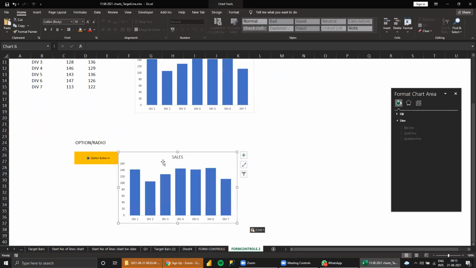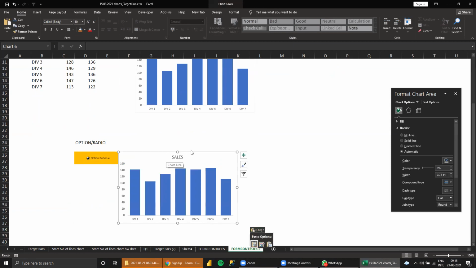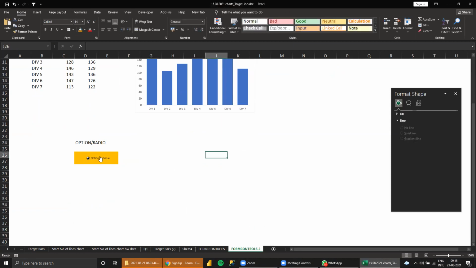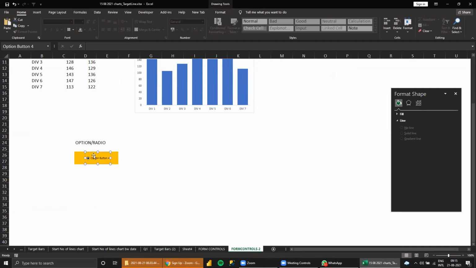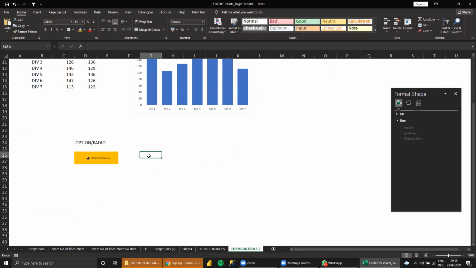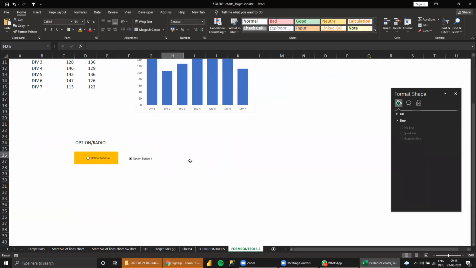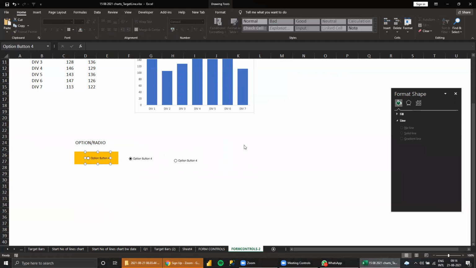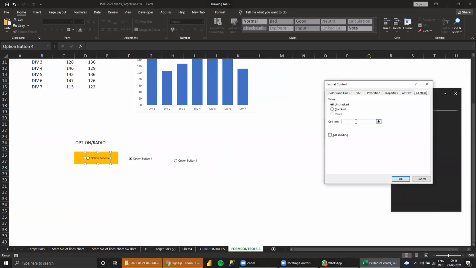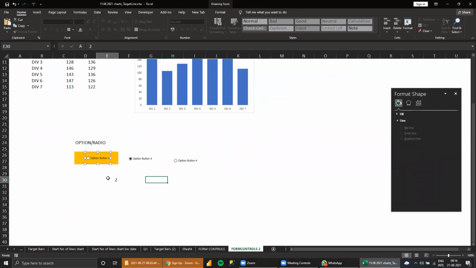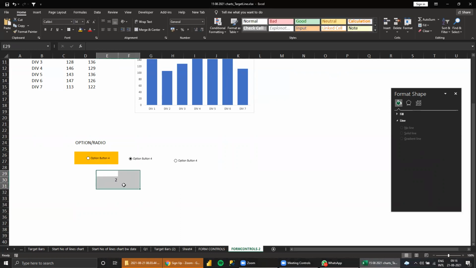Let me show the difference between option buttons and checkbox, then we can work on that. Now observe this link, format control, same thing. Like the checkbox, I link it here.